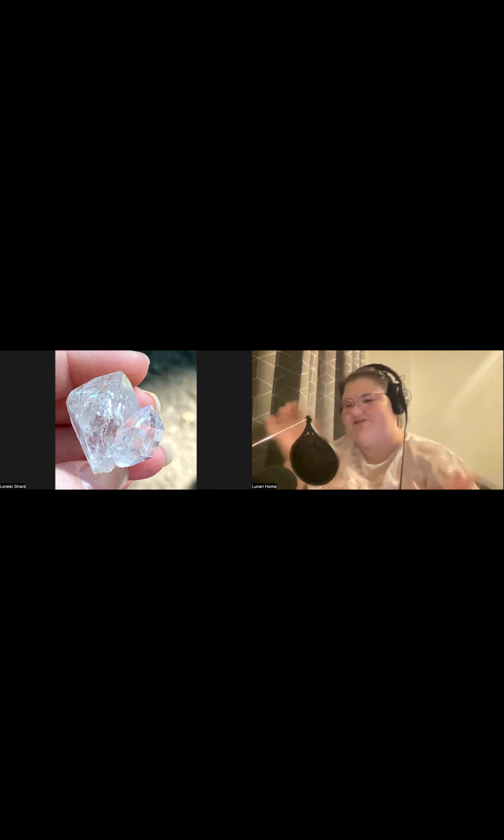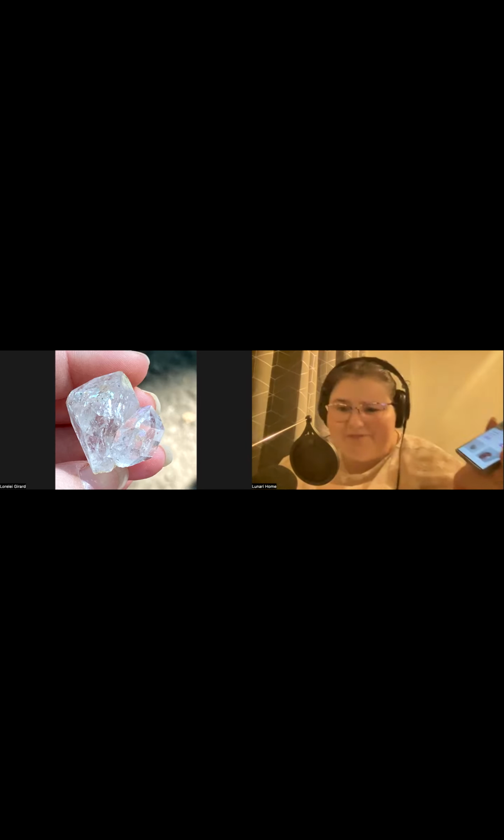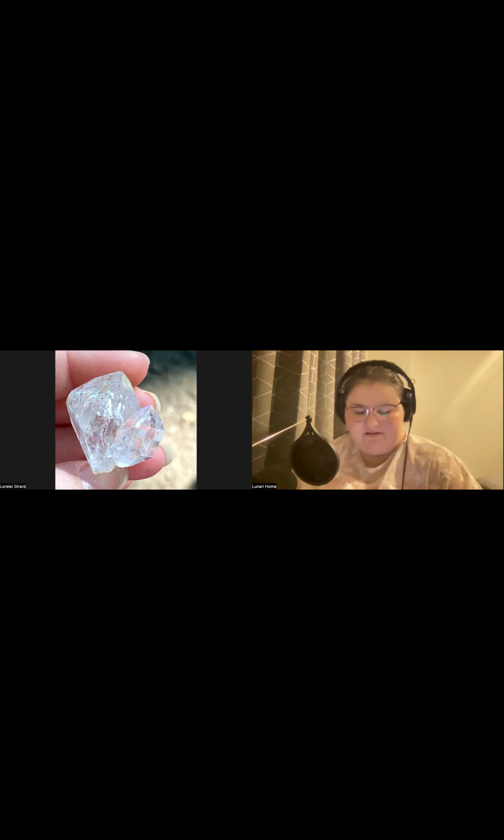What is the range of color we are talking here? Pretty much anything you can think of. Literally, I don't know how we forgot about it, but dragon blood jasper. African bloodstone, I think. Red African bloodstone jasper.